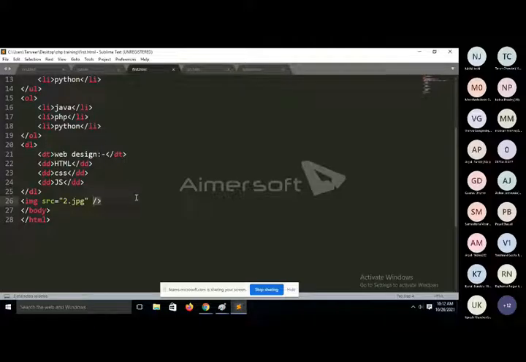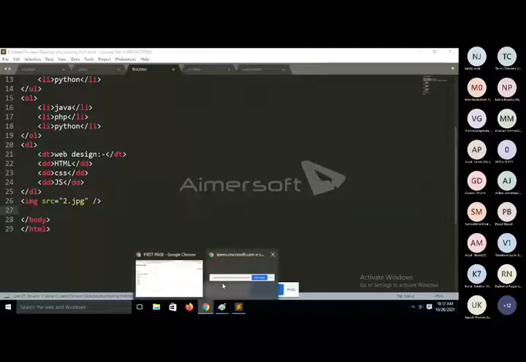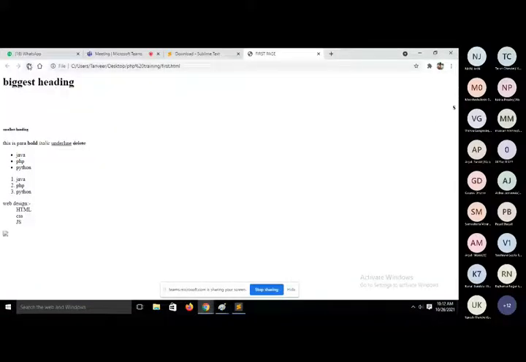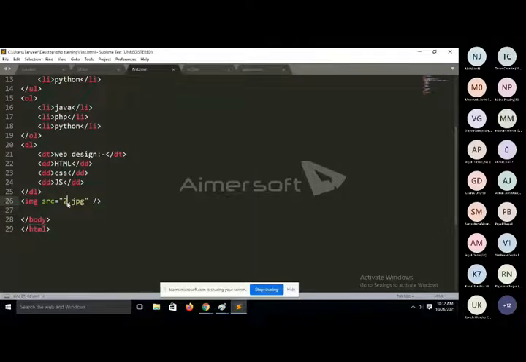Fine. I just want to put one more image. First of all, we will refresh. Okay, something went wrong. The image name is 1.jpg. The problem is that we saved our page first.html in the PHP training folder, and that folder doesn't have any image like 1.jpg or 2.jpg.